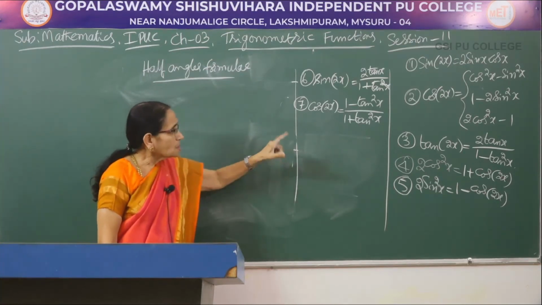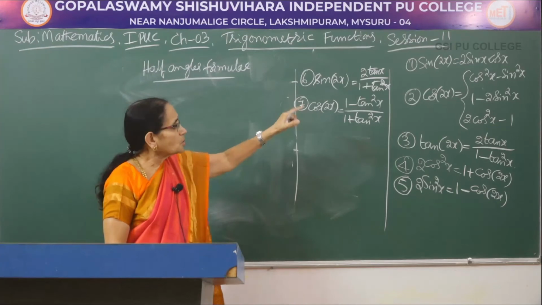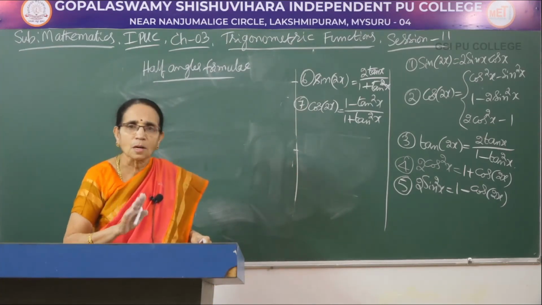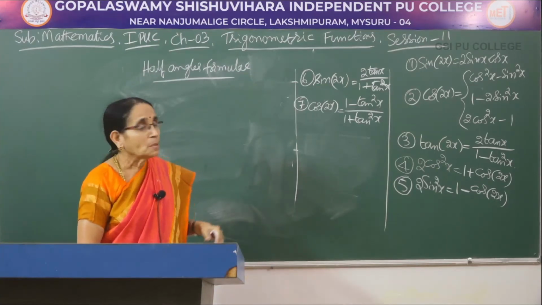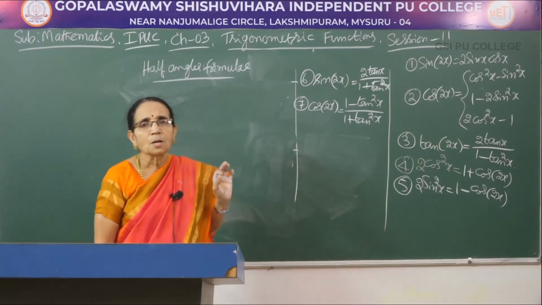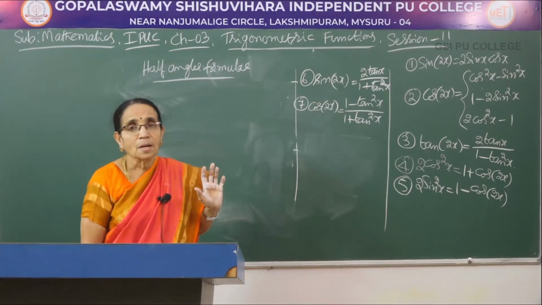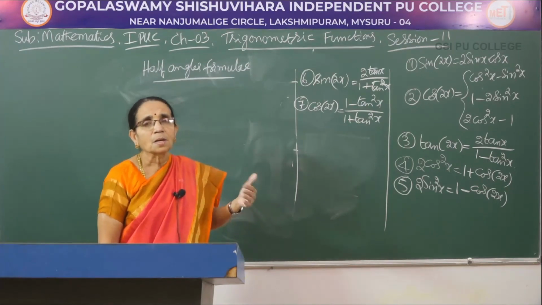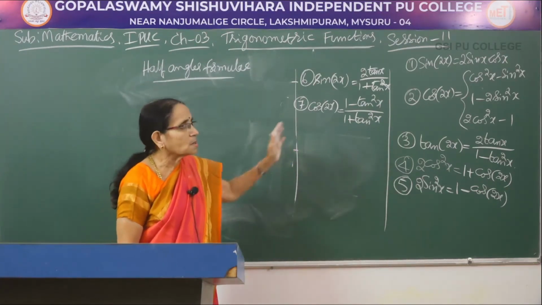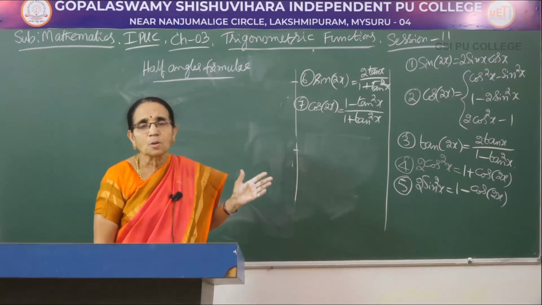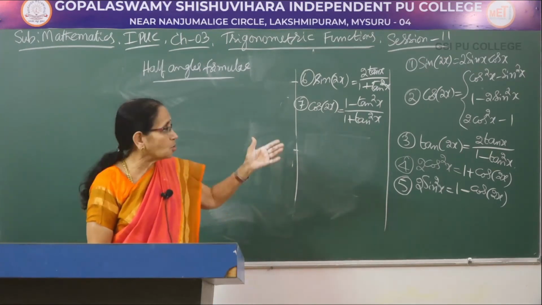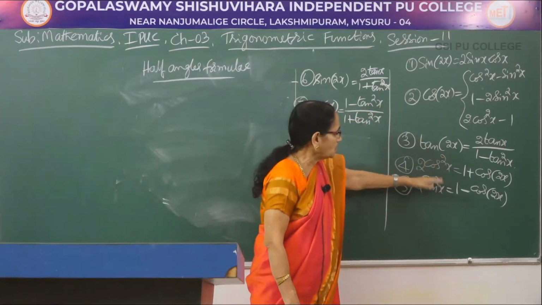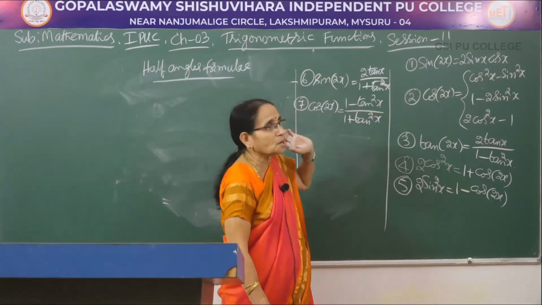Now, another thing. See, look at this one. I told you 2x, 3x, 4x, 5x, all of them are called multiple angles. But we derived the formula only for 2x and 3x. And any other angle, bigger than this one, more than this one, can always be expressed using these formulae. It can be written using 2x or 3x. So, these two would be enough. Now, observe in these things, in all of them, forget about this one, 1, 2, 3, 6, 7.